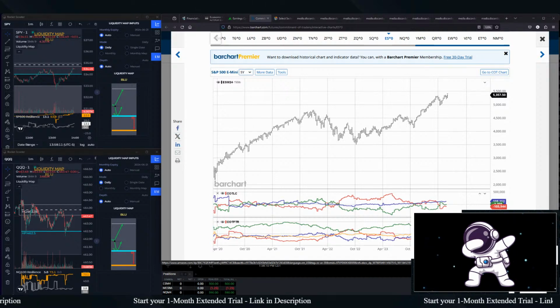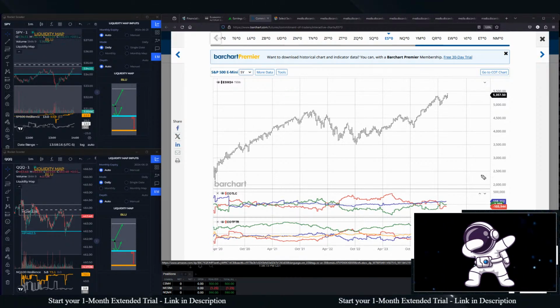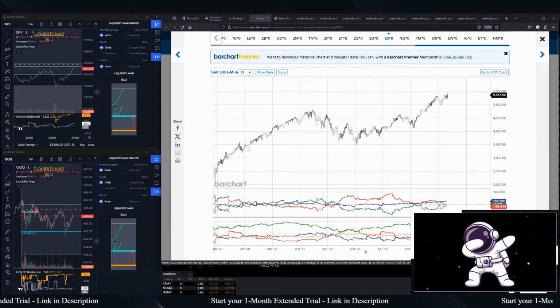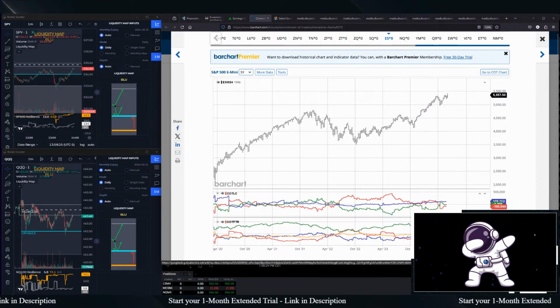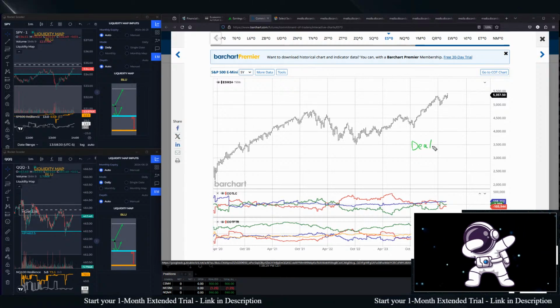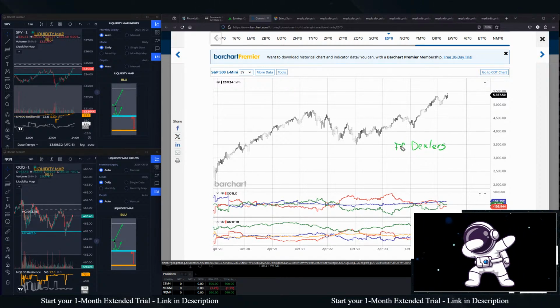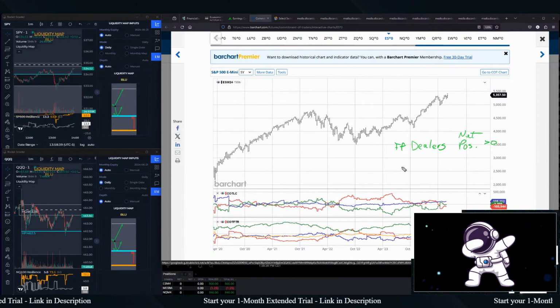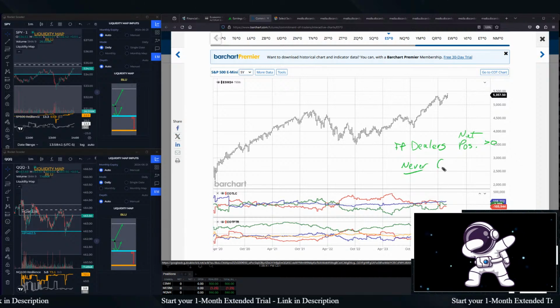So in the history of the stock market and futures market, one more thing to take away is that never in the history of the futures market has this ever happened: anytime the dealers, this red line, is positive, the red line here. Dealers, if you write this down, learn something today. Dealer's net position, positive. The market has never crashed. Once.